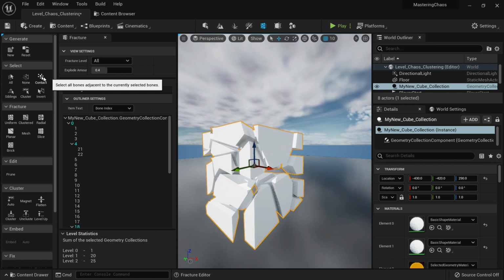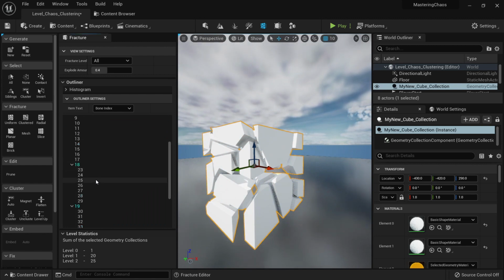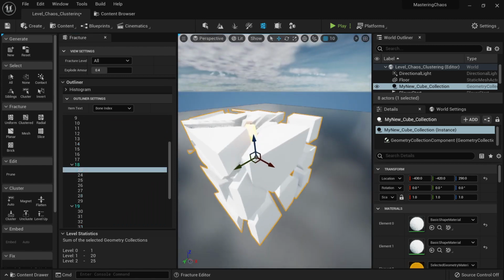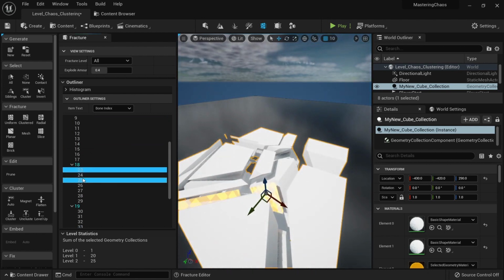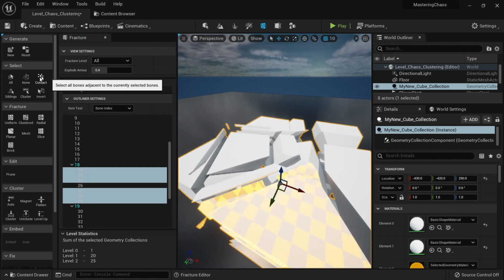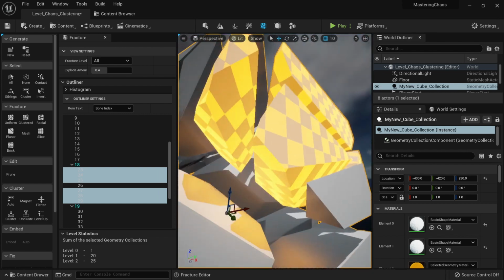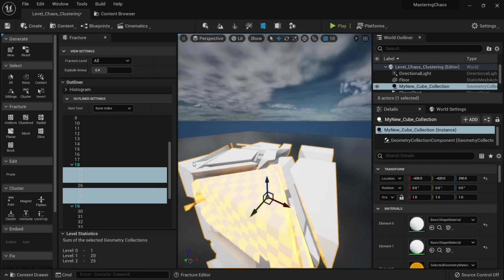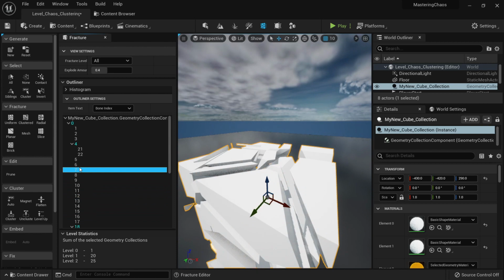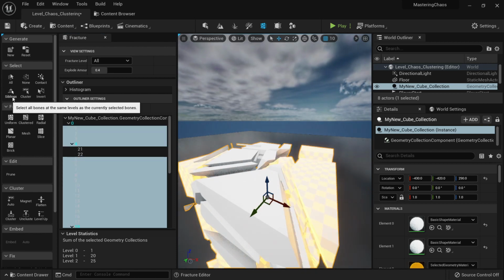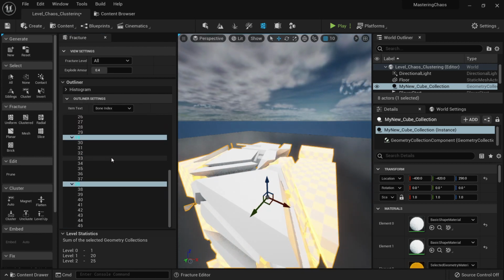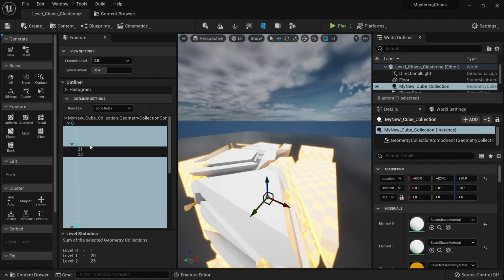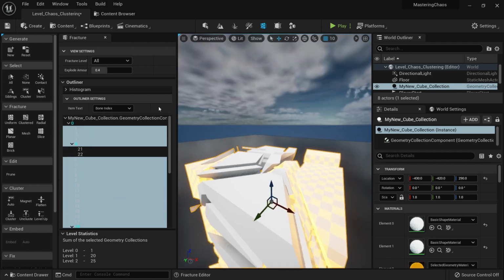The next one is the contact. For example, I have some pieces here in my hierarchy that are very close to each other. So if I click contact, you will be able to select the pieces that are touching the same one. Okay. The next one is the siblings. For example, I can choose this one, and I can choose the siblings. Basically, I will choose all the same ones that are in the same hierarchy,